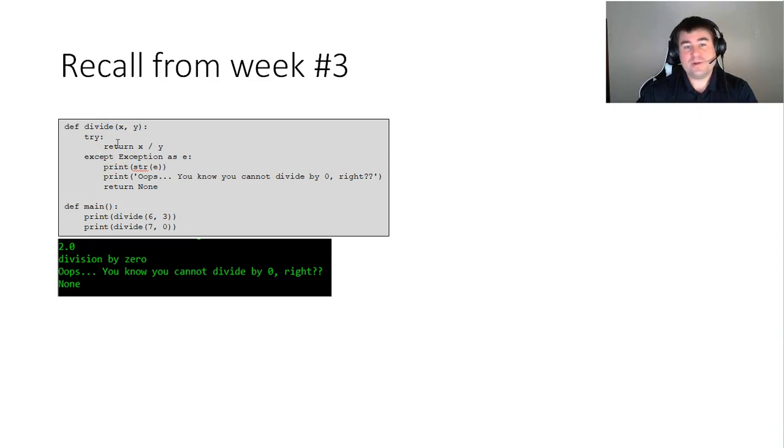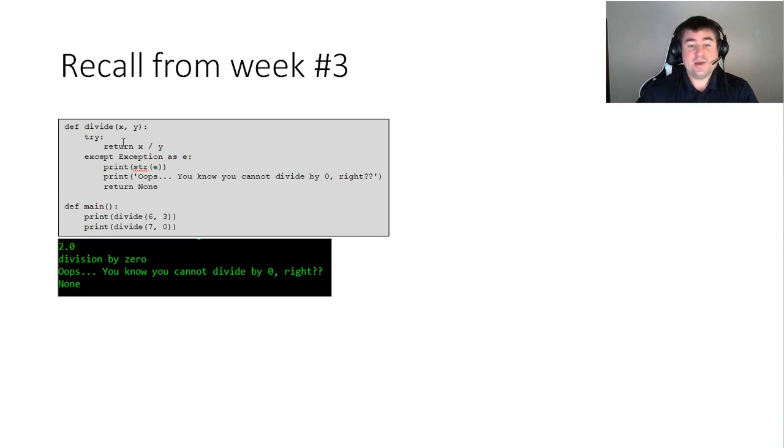I hope you remember that the try except block helps us handle errors that are of runtime nature. It would not help us with something like a syntax error where your program wouldn't even begin to execute. It also would not help you much with logical errors where the program just behaves completely incorrectly.